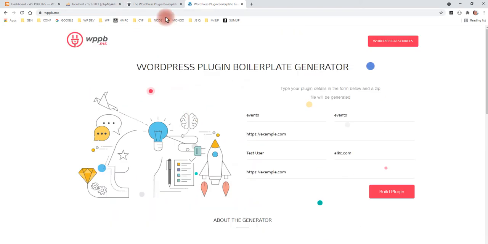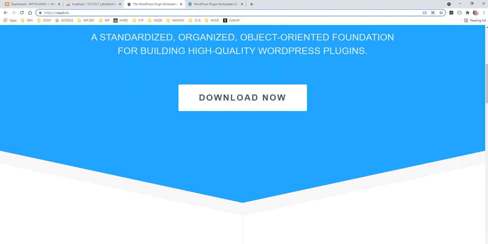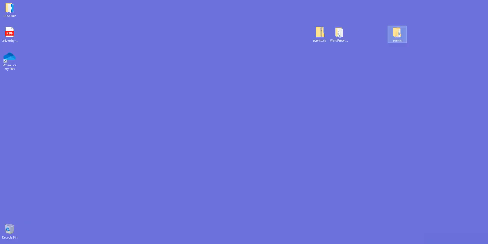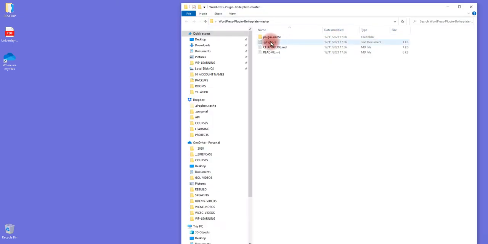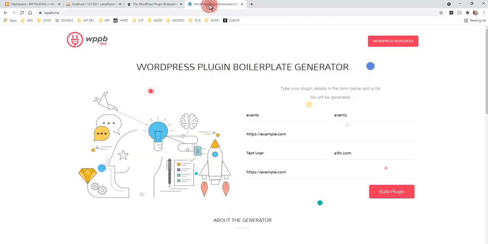So to load in the plugin boilerplate, we have two links. We can either go to wpb.io and download it. And what that'll do is, if we go into the desktop, I've already downloaded it, basically create a template file, but it'd be just this standard plugin.name. Obviously you can go through and change it to the plugin name that you want, but fortunately we have a